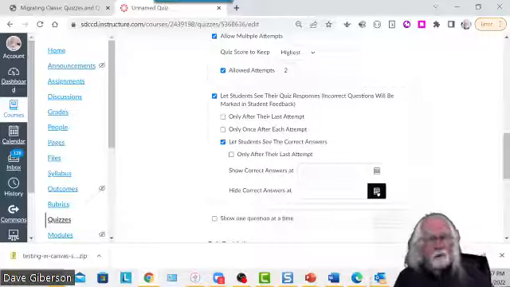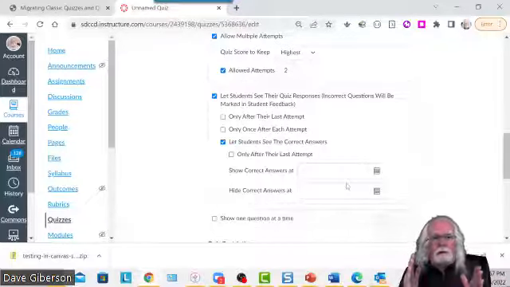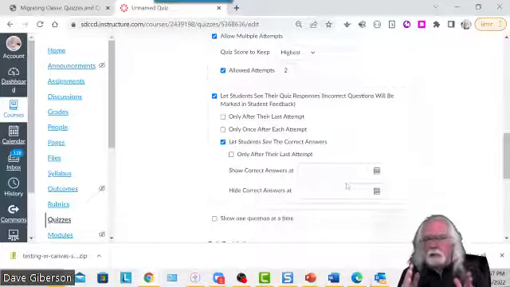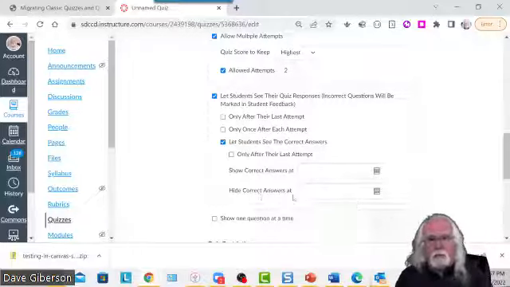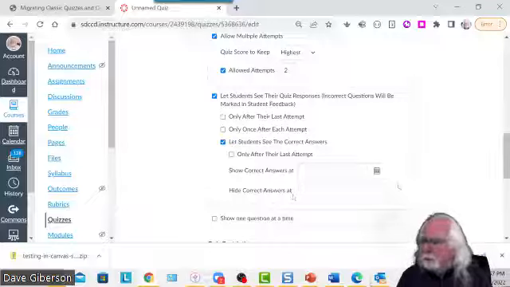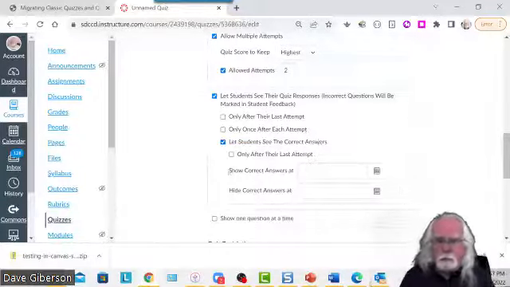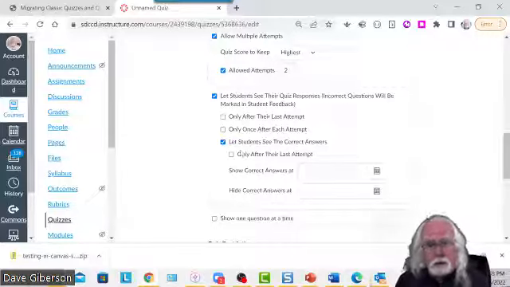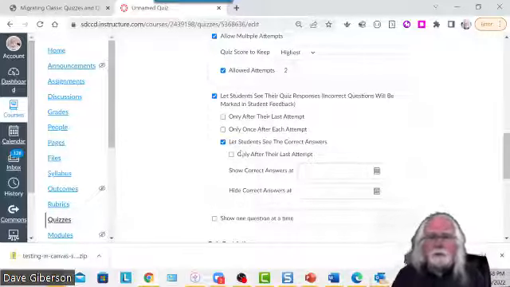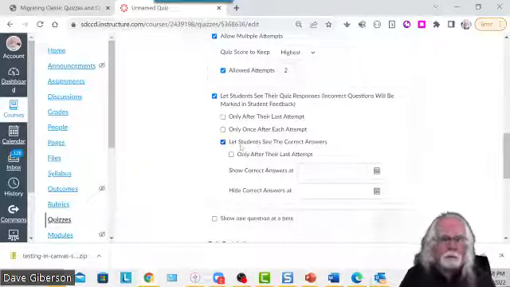And you can even set a window during which they can see those correct answers, but after this date, the hide correct answers at date and time, they wouldn't be able to see them anymore. So you have a fair bit of flexibility in providing feedback. And of course, feedback delayed is feedback denied. The sooner they see how they did after the test is submitted, the more impact it's going to have on